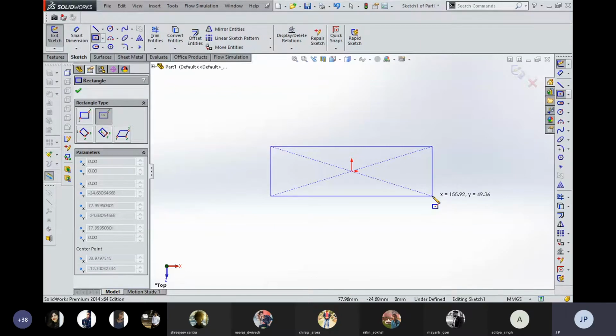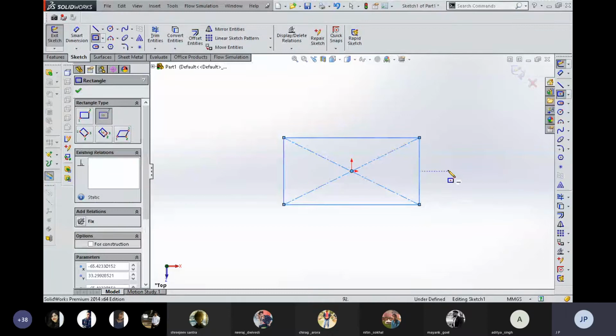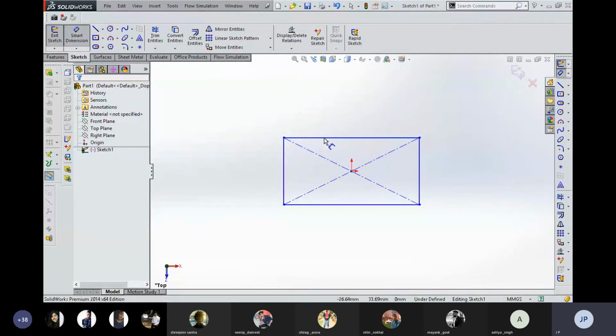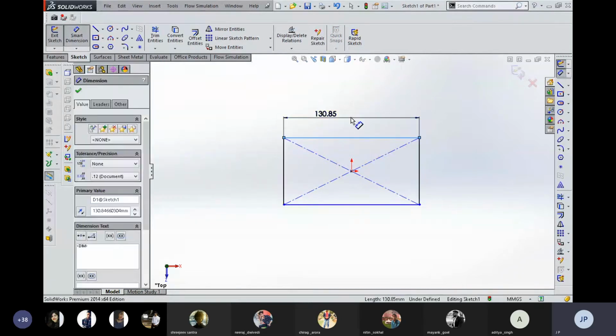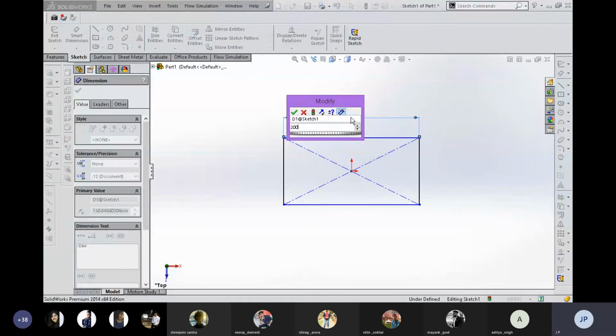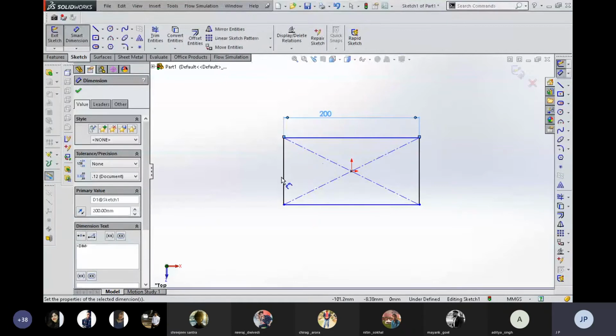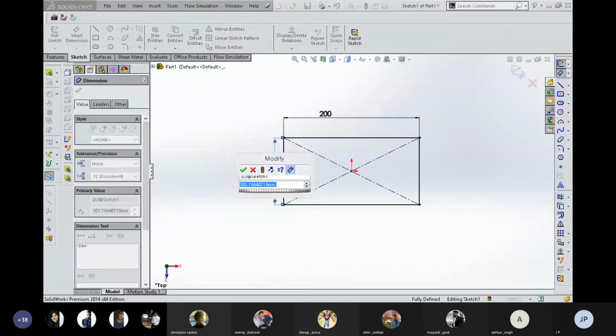Then for whatever dimension you require, use your mouse gestures or directly click on the ribbon to create a smart dimension. Right now I'm going to take 200 for X, and for Y I'm going to take 150.